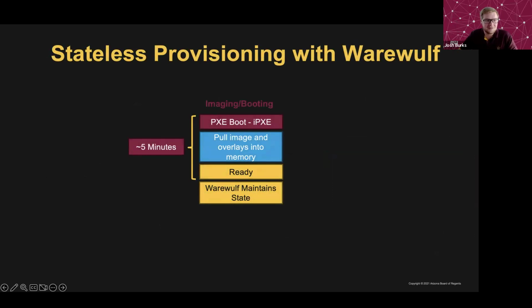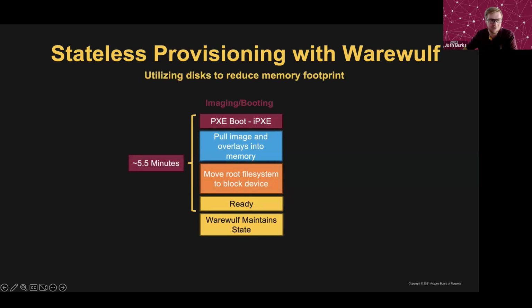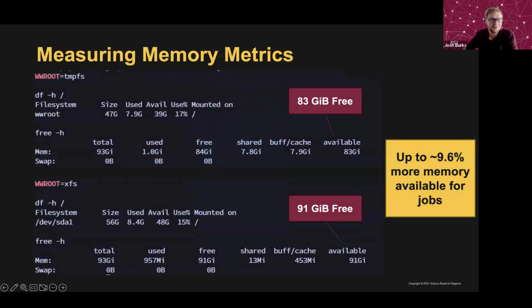So traditionally, Warewulf boots with this image here. We pull the image and overlays directly into memory, and then Warewulf maintains state. As I've said numerous times in the past, this wastes system memory. So if we can pull that image into a block device, we're going to save a lot of memory. In a very extreme example here, we have this older compute node that only has 93 gigs of memory available. And so with that root file system in memory, that brings it down to 83 gigabytes available for research. So moving the root file system into disk gives 10% more memory available to jobs in this extreme example, and